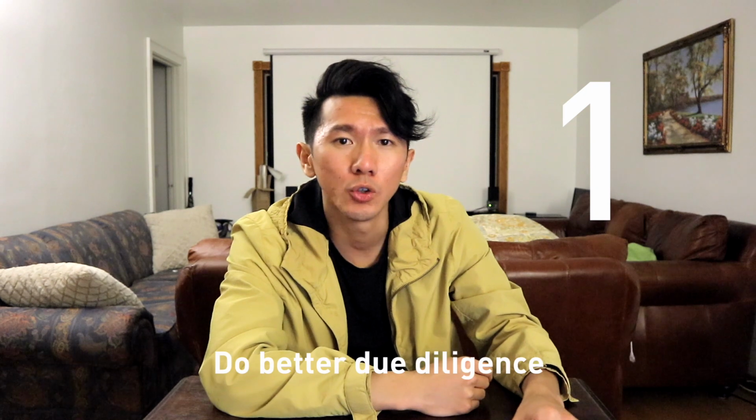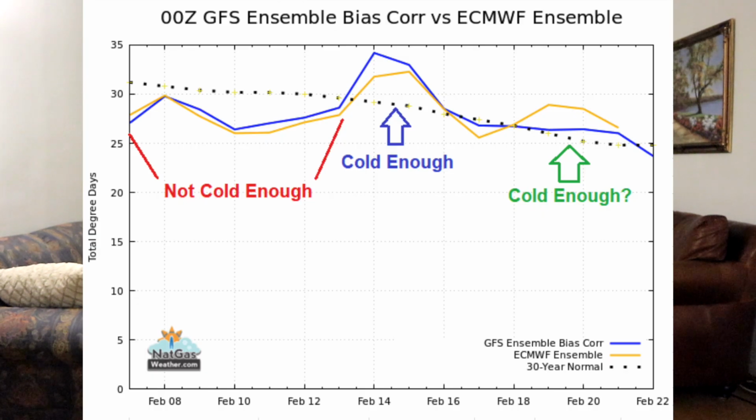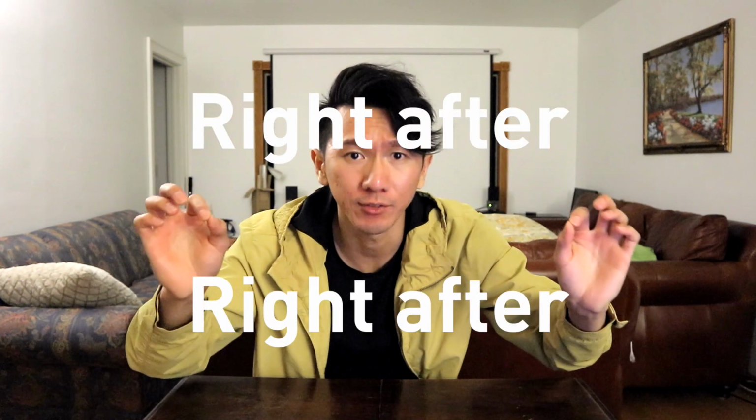Now let's look at the takeaways. Number 1. Do better due diligence for even higher profit. When I woke up on Tuesday, DGAZ had already been tanking. I checked what was going on an hour after or so and I found it was selling off because the weather forecast said it will be trending colder next week, which means it's great news for natural gas but bad news for DGAZ. What I should do instead was to check the weather forecast right after I woke up,